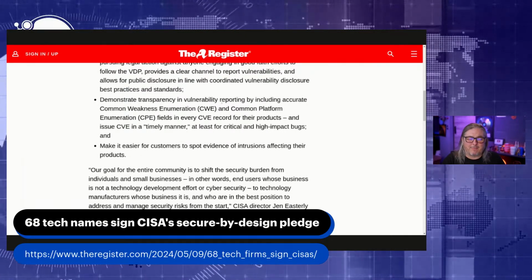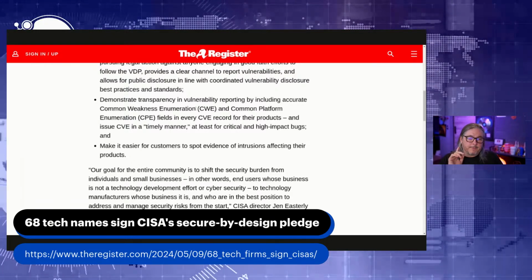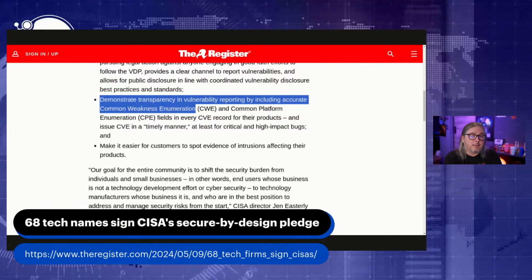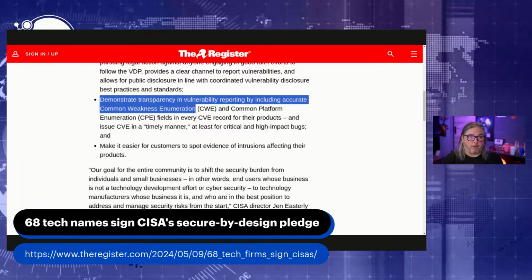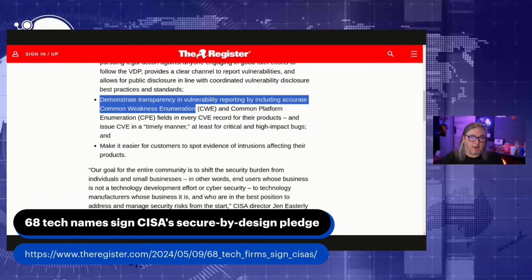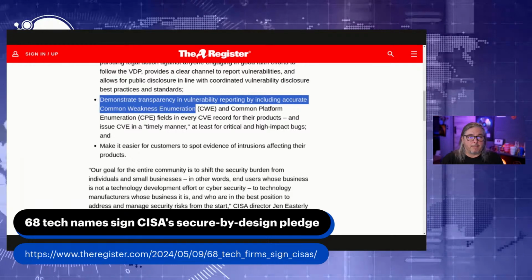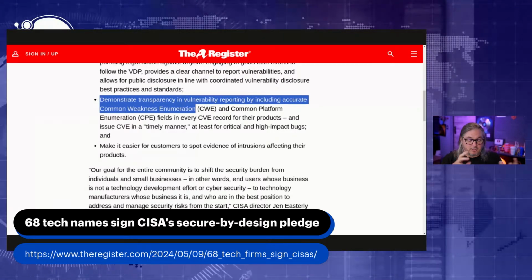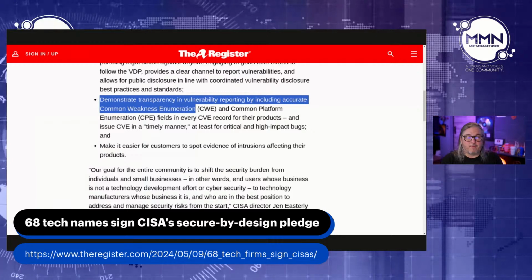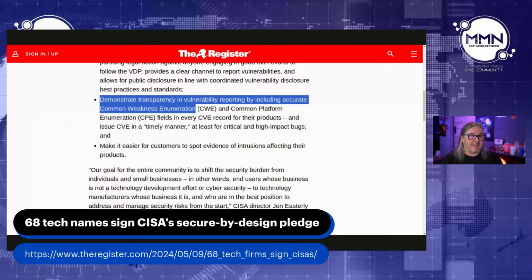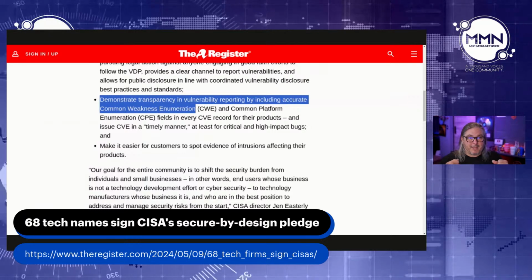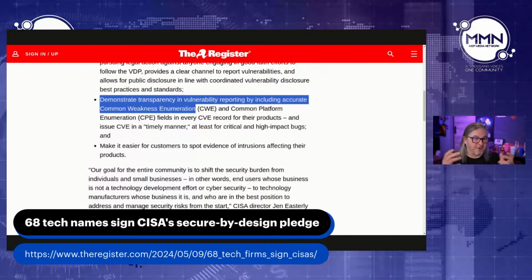Demonstrate transparency in vulnerability reporting. This is something that there's been a lot of talk about, especially around the bug bounty programs. The bug bounty programs are sometimes referred to as the I'm going to give you money to shut up programs. And it kind of becomes a double-edged sword here. Cool, we want to have a bug bounty program that makes us look good. And so everything's great. The double edge is, cool, I'm a security researcher, I'm going to get my $10,000 for the bug.